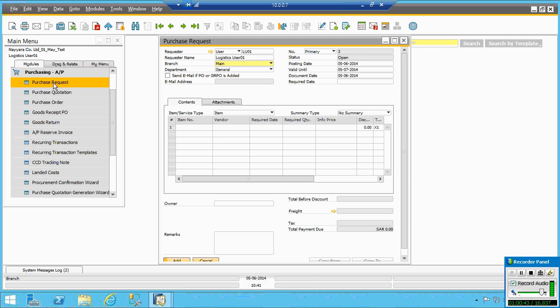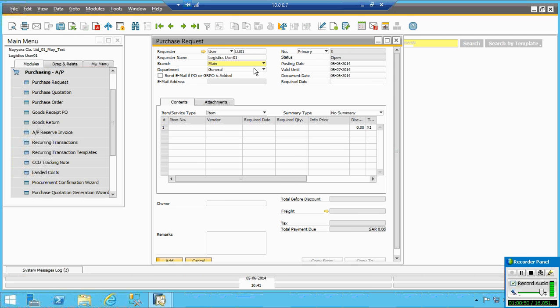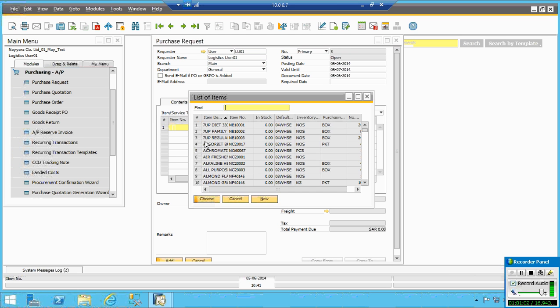Purchase request is available for all the users. Irrespective of professional logistic buyers, the request is available for all users. Now I open this purchase request. The requested user is the logistic user number 1, whom I log in. This is my second login. And if branch, everything will be displayed, then I select the item I want.